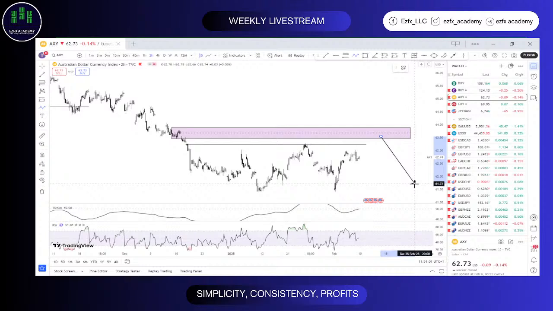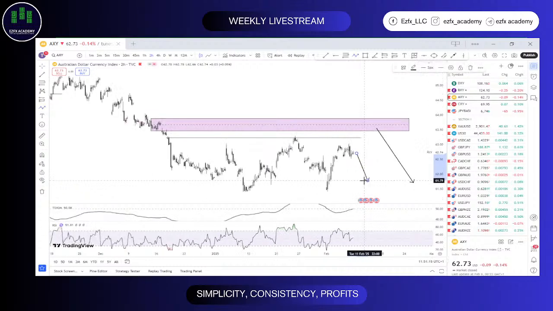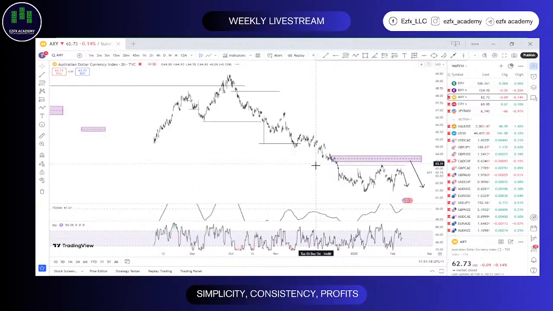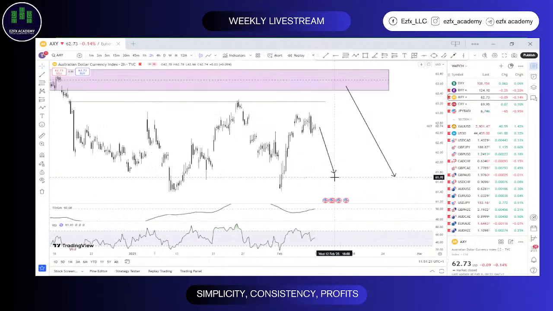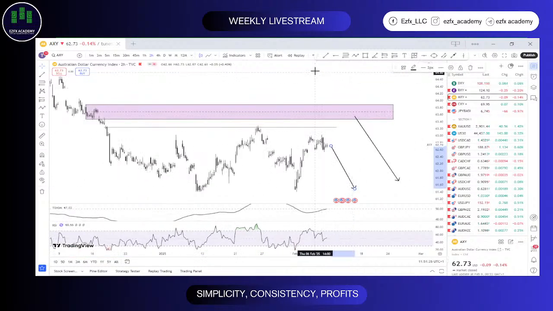All right, but for now, let's see. For now, I think we should just watch out with this. From where we are right now, we should just get a drop towards this side. Though overall, from the higher time frame, you see that this is just looking bearish overall. But I don't think we should get that full movement towards the downside from here. I believe that at least price should still possibly want to take out liquidity from this high before going down. All right, but all the same, from what I can see on my chart, we might just get to see price continue bearish. So for AXY, I am currently bearish.